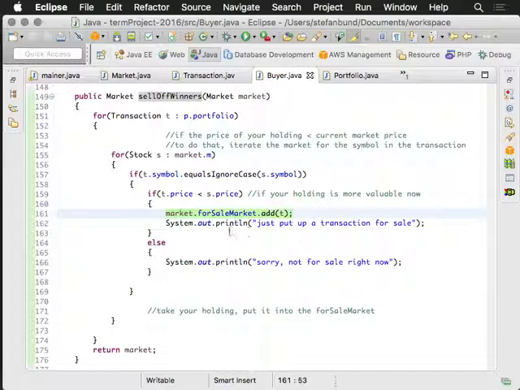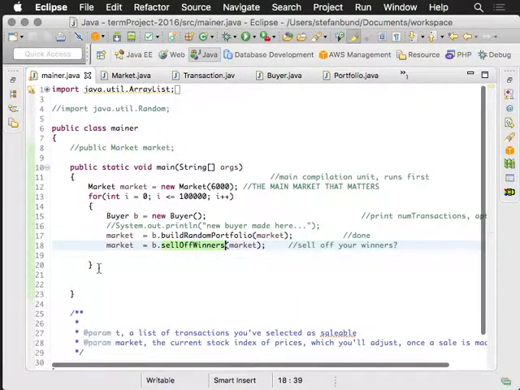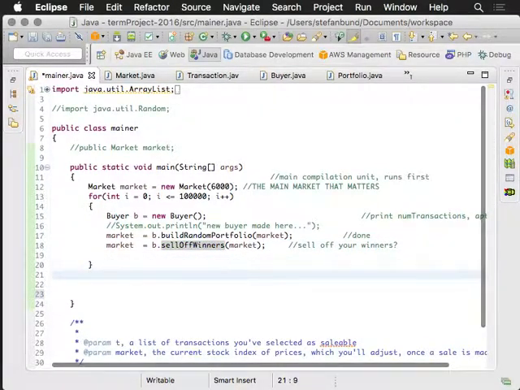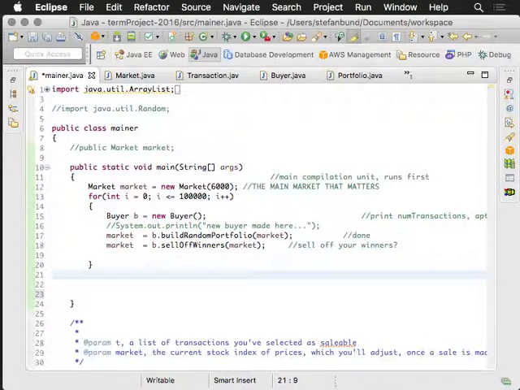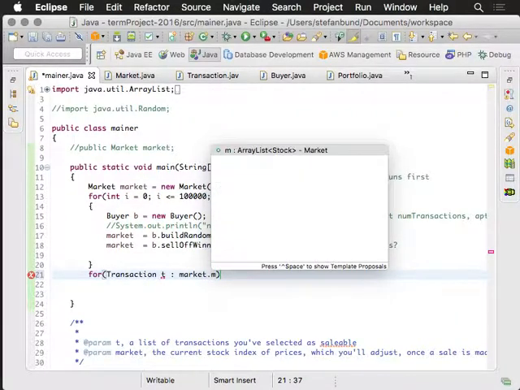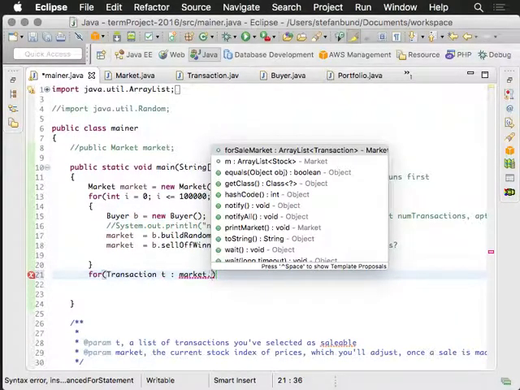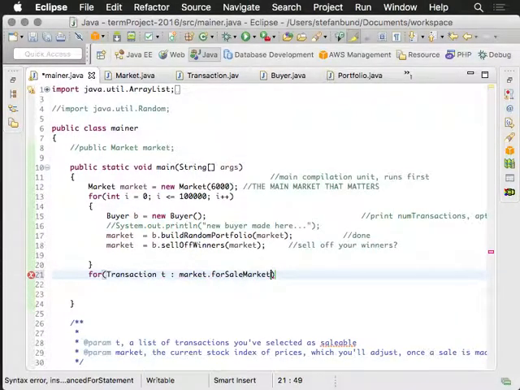And so this is fine that this is happening. So why don't we say at the very end of this buyer process, for every transaction inside of the market, or rather the for sale market,